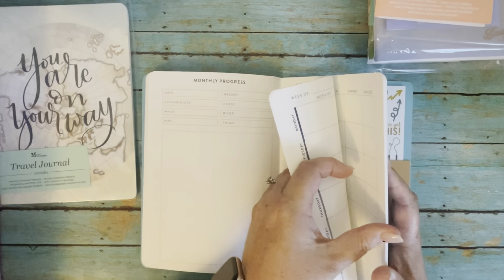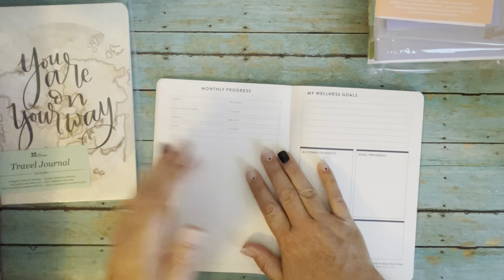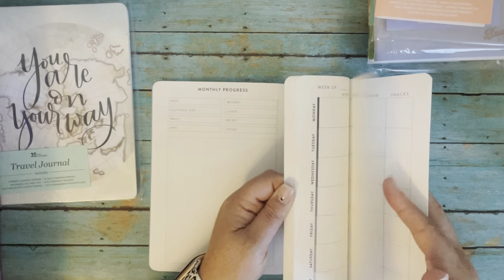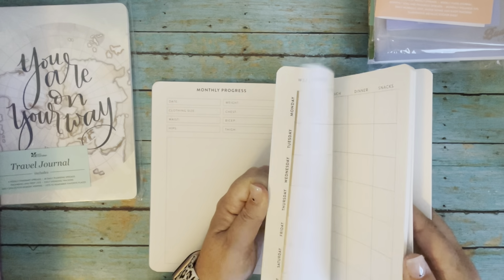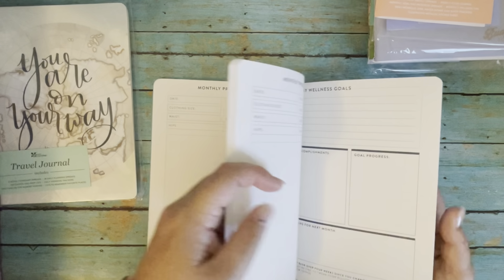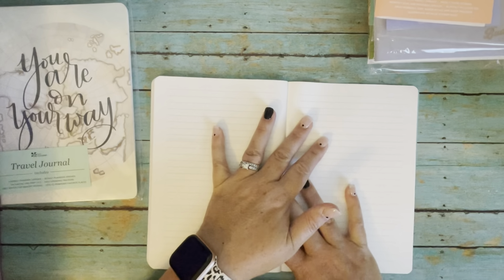So then it does your trackers again, and then back to monthly progress. So it's going to do that for 6 months. Let's see, make sure I'm not missing anything in here. Okay, it does change color once in a while. So 6 months, and then at the end of the 6 months, you do have some